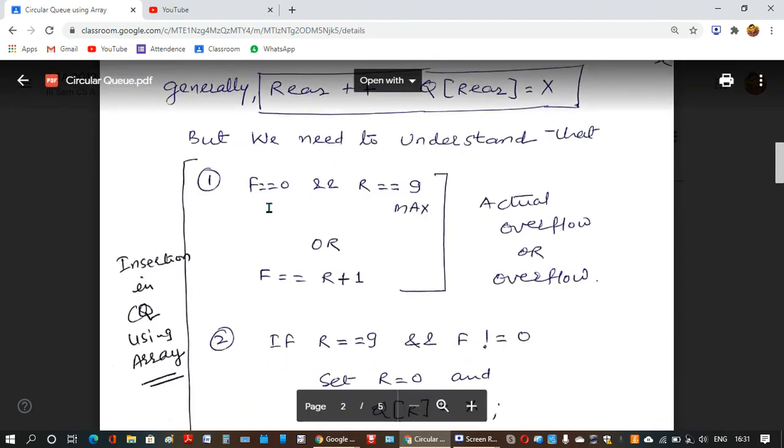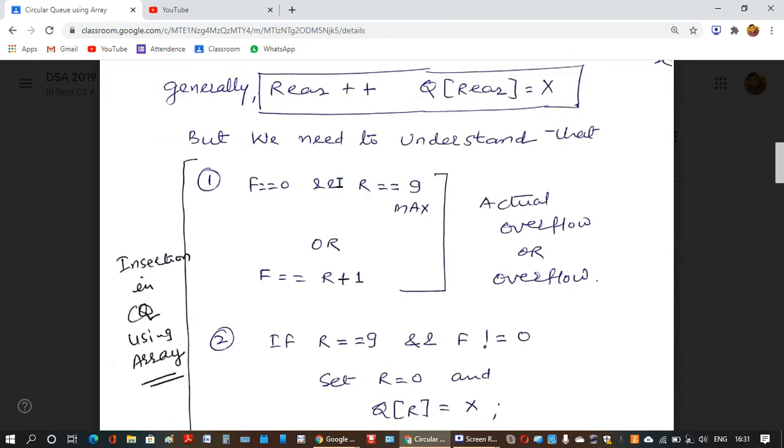One case is this: if F equals 0 and R equals 9 or max, that means it is overflow. Another overflow condition is F equals R plus 1. This F equals R plus 1 is another overflow condition which we have planned in our mind to implement the circular queue. So this is the condition for overflow.